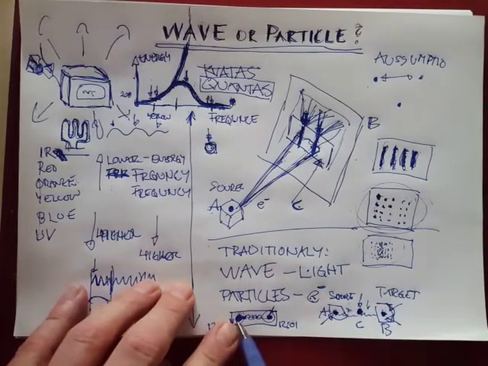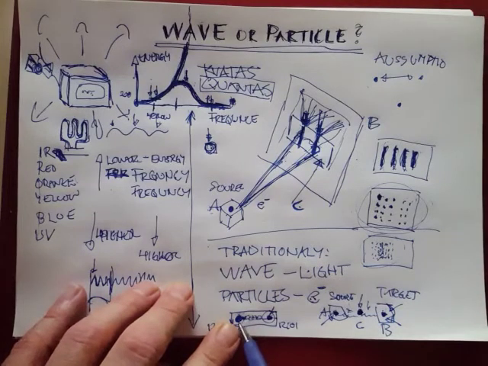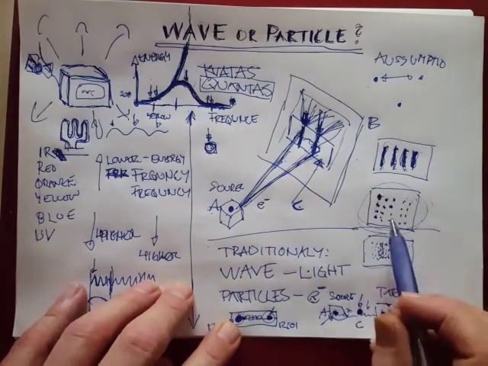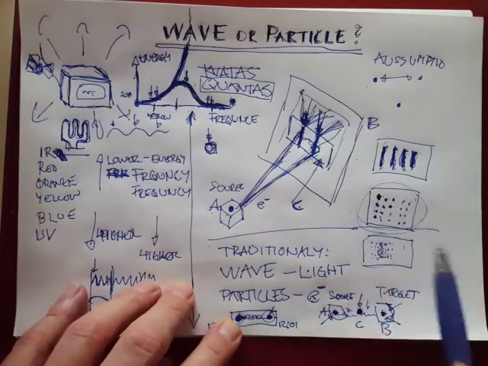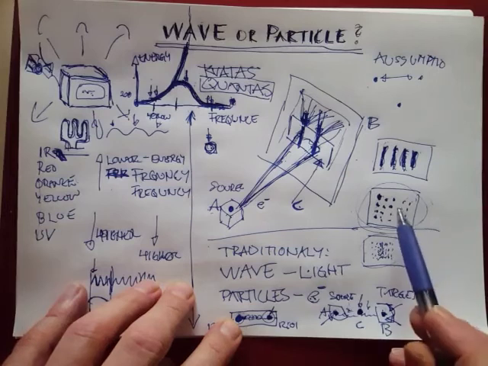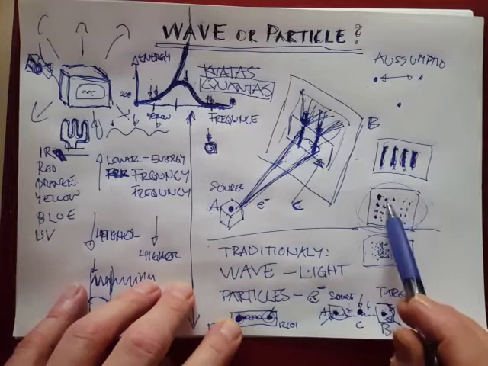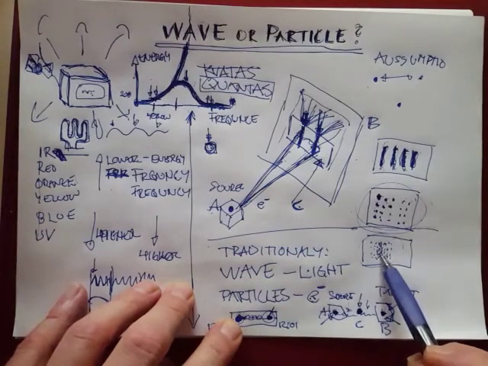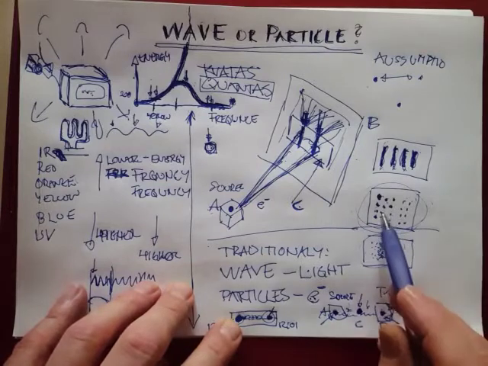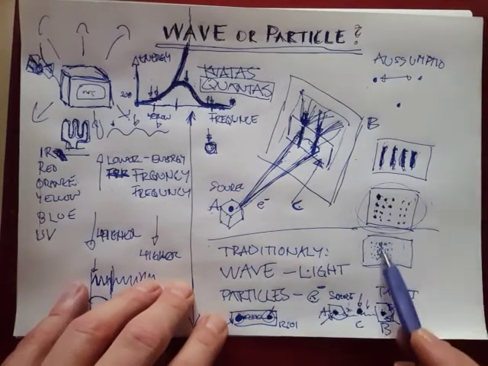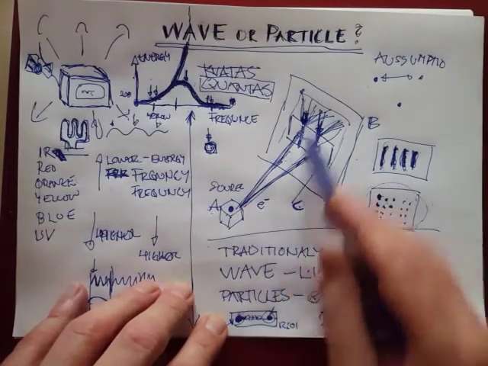And then you may say, yeah, so it's a particle, because that's what we detected. But I'm telling you, and I've told you in a previous video, you need the wave description to be able to predict these behaviors, the interference pattern and the particle pattern, because the wave description is a prediction of what's going to happen. You cannot do these predictions, neither of them, with a particle description.